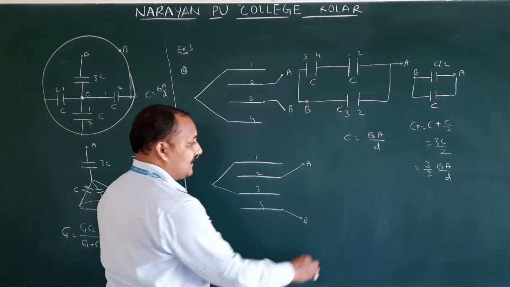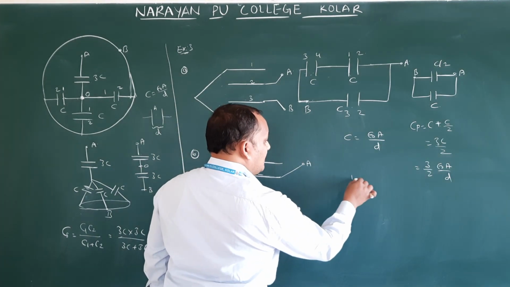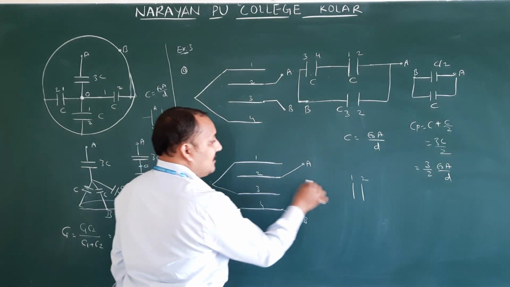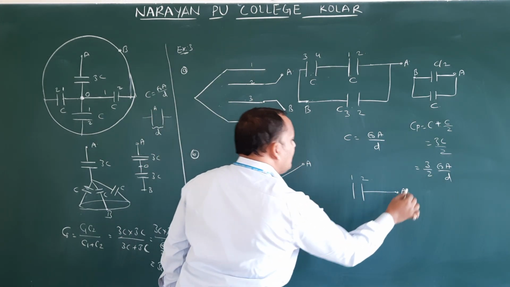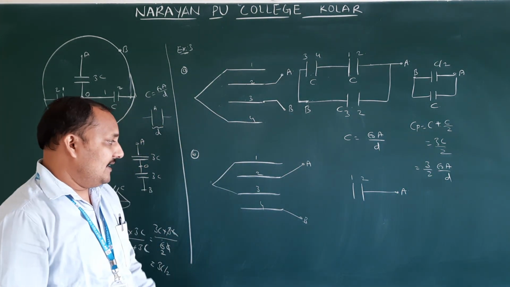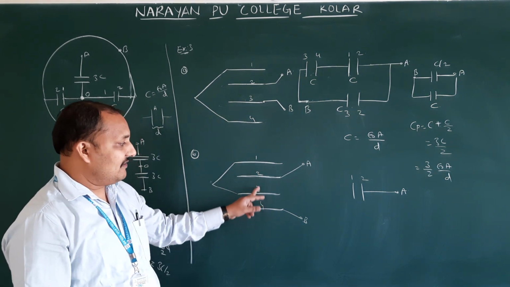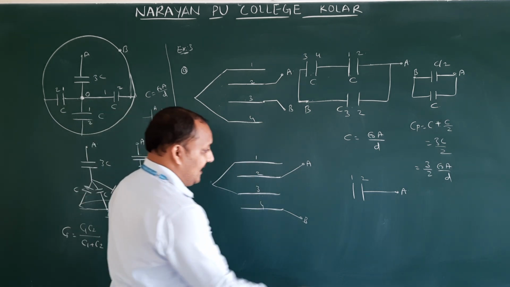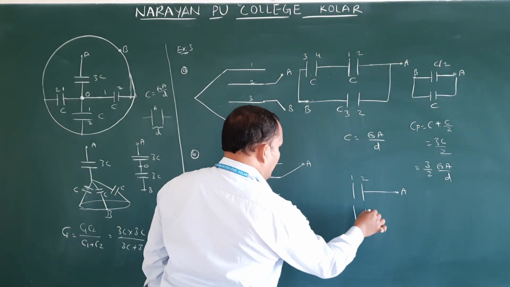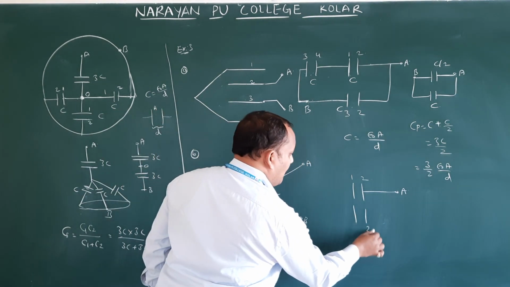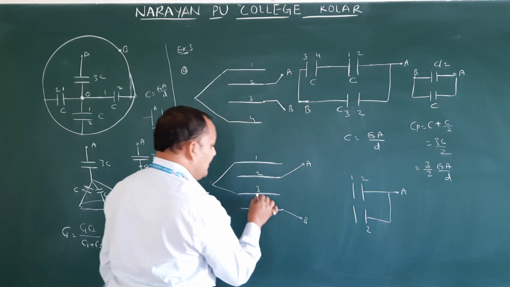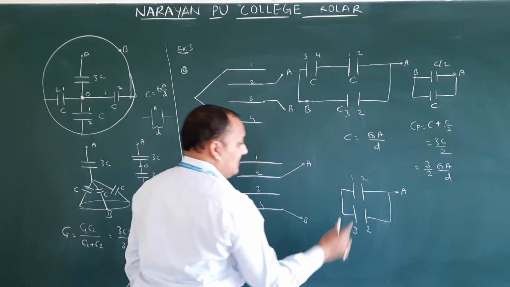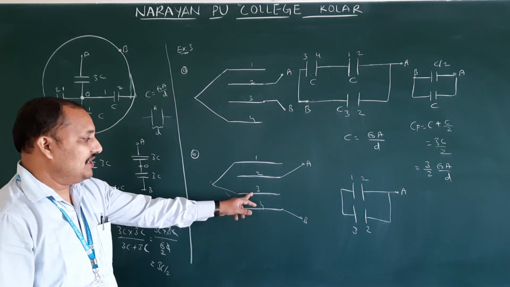So how will we get it, we will see. 1, 2. 1 is going to connect for 3. Therefore leave 1. Draw for 2, which is connecting for A. Next we will take 2, 3. Whenever we take 2, 3, 3 is connecting for 1, and 2 is connecting for A. Therefore I have taken this side 3, where 3 is connecting for 1, like this. Next 3, 4.